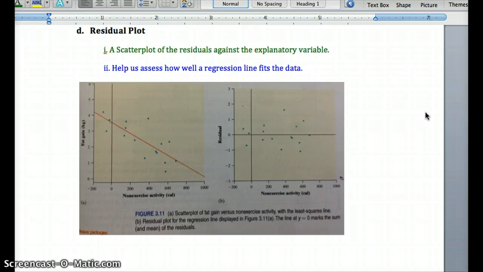So a residual plot can tell us how well our regression line fits the data. So here's our data and the regression line. This over here is a measure of the residuals. So it gives us an idea of where the average is, where the line is, and each of these points represents the distance from the line. So being up here is above the line, down here is below the line, the distance representing being further and further. So ideally the residuals would be smaller, meaning close to this x-axis